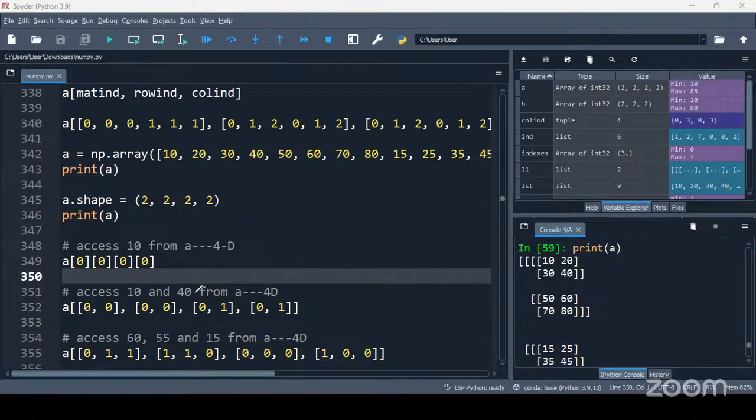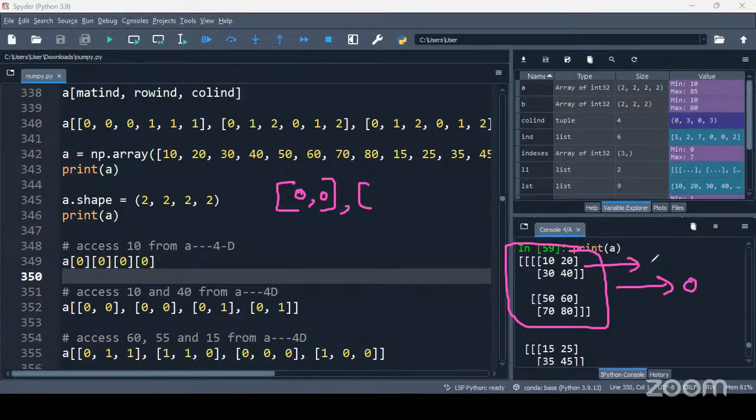What are the elements that we are trying to access? 10, 40. Okay. So first of all, the block indexes for 10 and 40 are the same. Both of them belong to the same block. This is block 0. Block index 0. So the index for the blocks will be 0, comma 0, comma. Coming to the matrix, to which matrix do they belong out of 2? They belong to the first matrix. The first matrix takes index 0. Both of them belong to the first matrix only. So the index will be 0, comma 0 again,